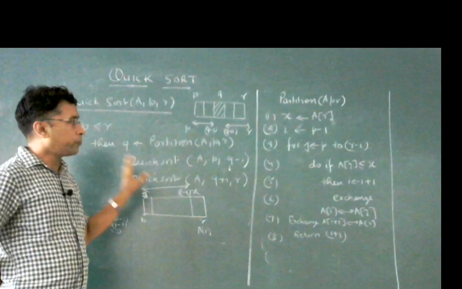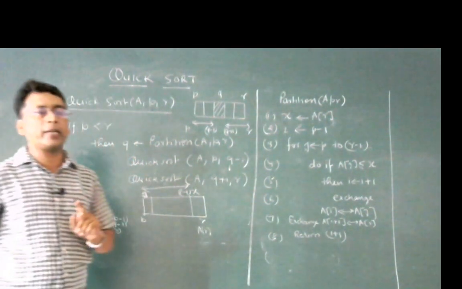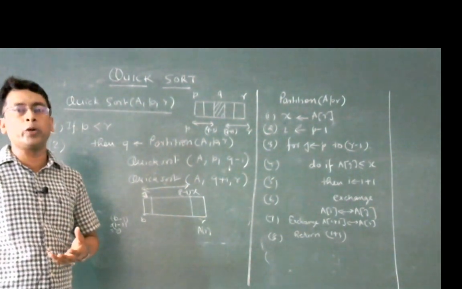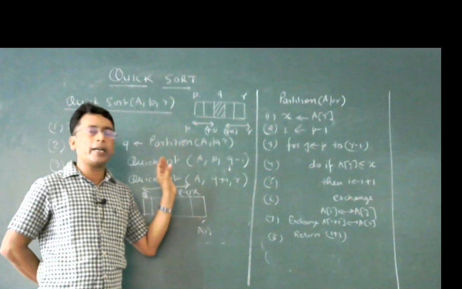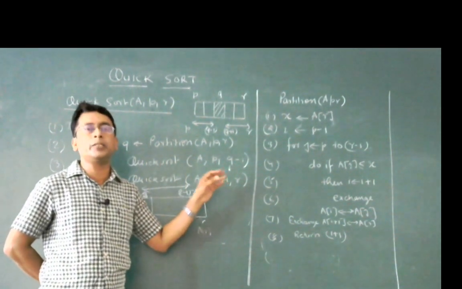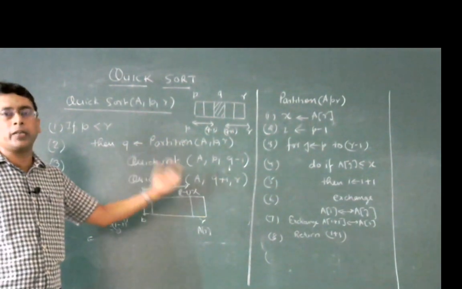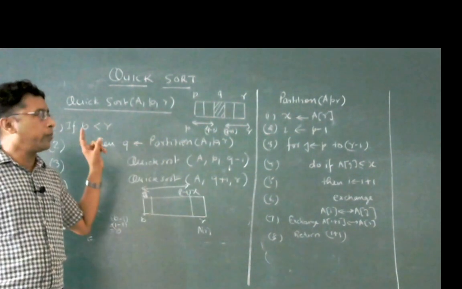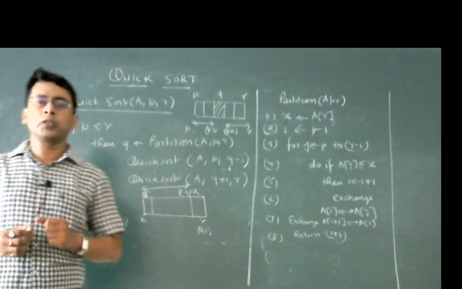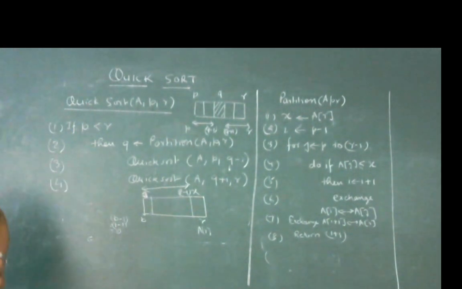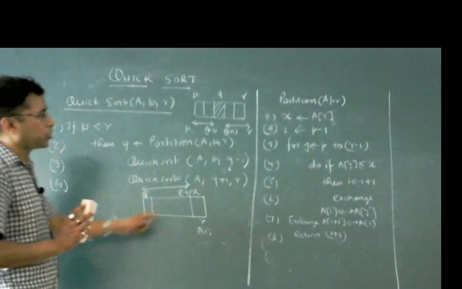Okay, if you have not understood this technique, I am taking an example, and with that example I am going to explain how this algorithm works, because it happens that by looking at the algorithm it seems very difficult, and it is quite possible that somebody has not understood it. So I am giving you an example, and with that example it will be much clearer to you how the quicksort algorithm works. So I am erasing this and I am taking an example.